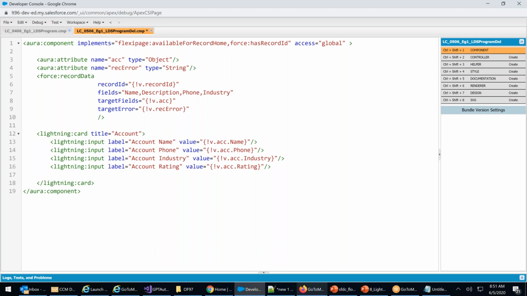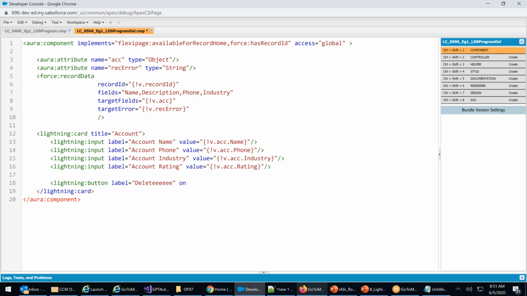Now here, I'm inserting a button. What is that? Lightning button. Label equals Delete.